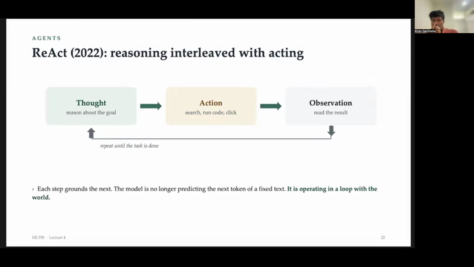And we see this when we run some of these agents, which you will also do as part of your assignment. This is happening constantly. It's doing some thinking, takes some action, and then gets the observation. And this sort of closing of the loop is a hugely powerful concept. This was proposed in the ReAct paper in 2022. It's from folks at Princeton and Google.